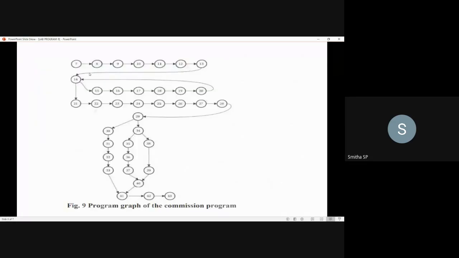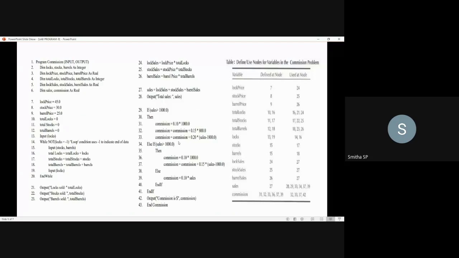You have to draw the program graph by looking into the program. As I said, the seventh line is where the execution of the program starts. From this until line 13, it is a sequence node. Why is it a sequence node?